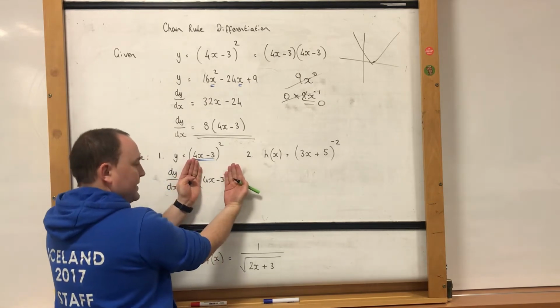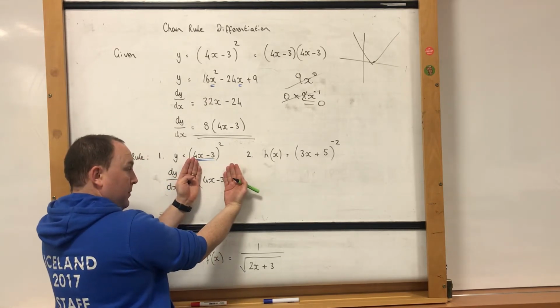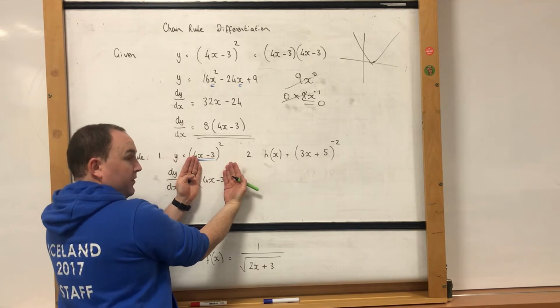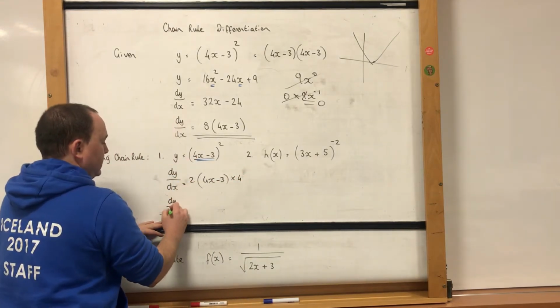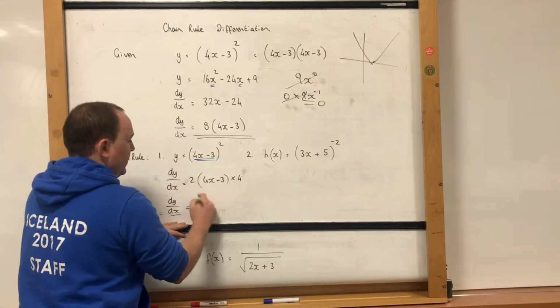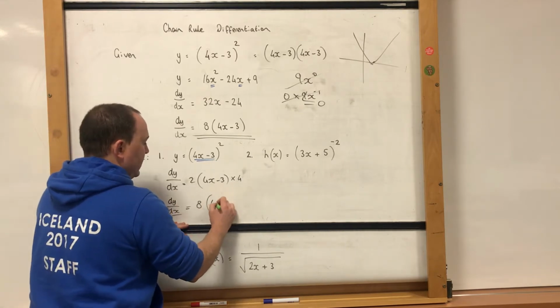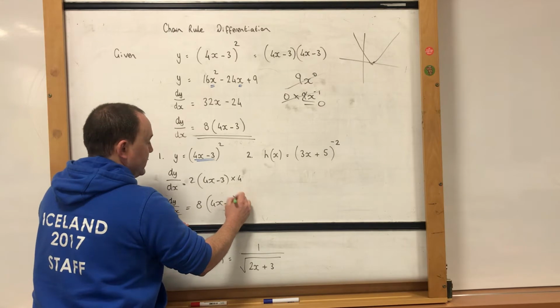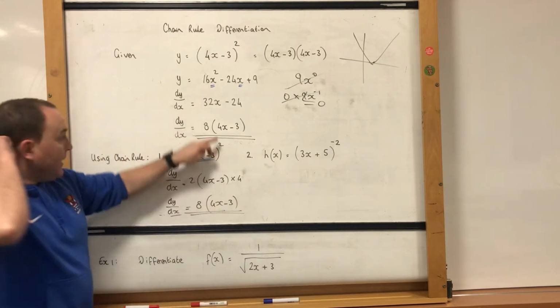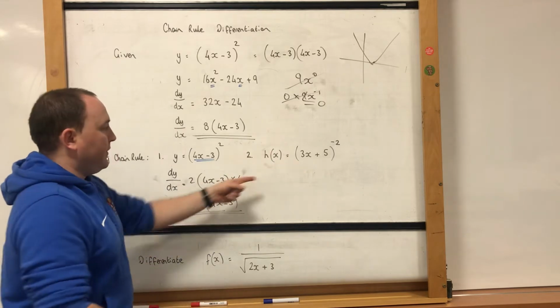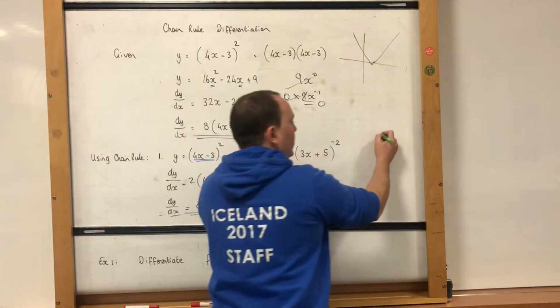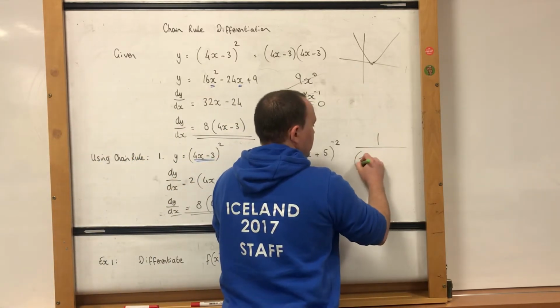So treating that as a linear function, multiplying by the derivative of that would be multiplying by 4. Okay, so 2 times 4 is 8, 4x minus 3. So that matches what we had earlier on, right? So applying that to a different function, we know that this is also